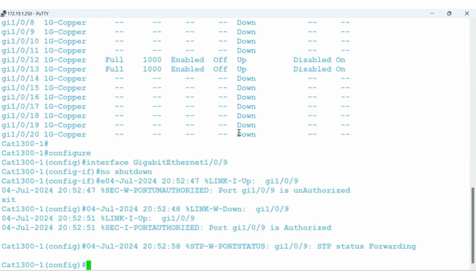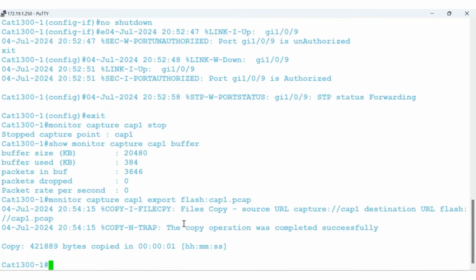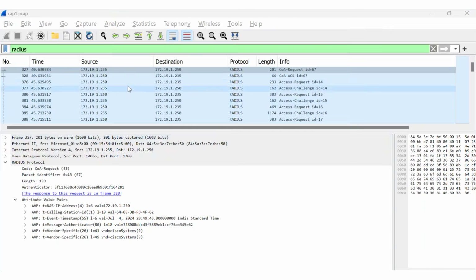These Change of Authorization CoA operations were carried out from the Identity Services Engine, ISE, and were successfully captured in the packet capture. I'll export the captured packets file, open it, and filter it for the RADIUS protocol to observe the CoA request and response packets. Now you can see the details of the CoA operations performed, including the request and response packets between the ISE and the switch. In this example, the IP address